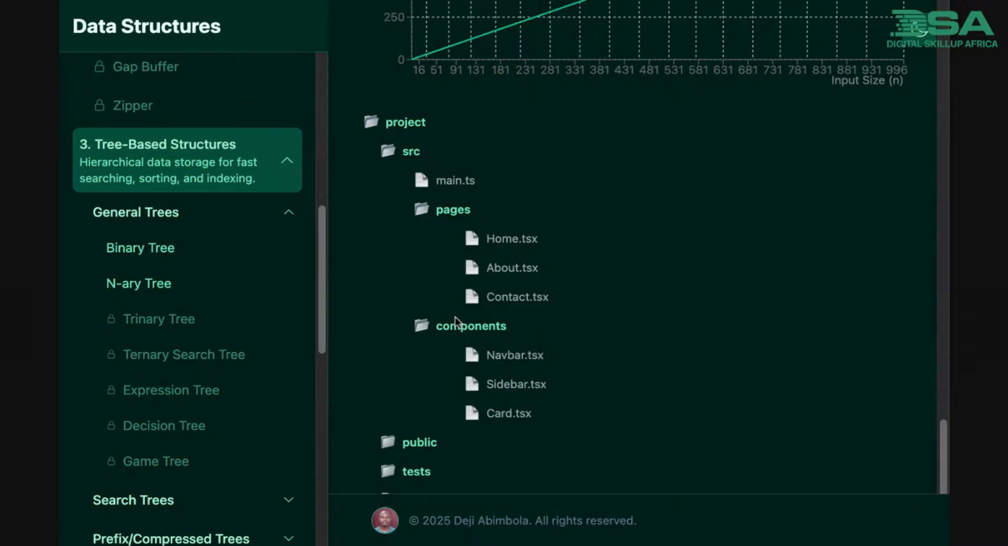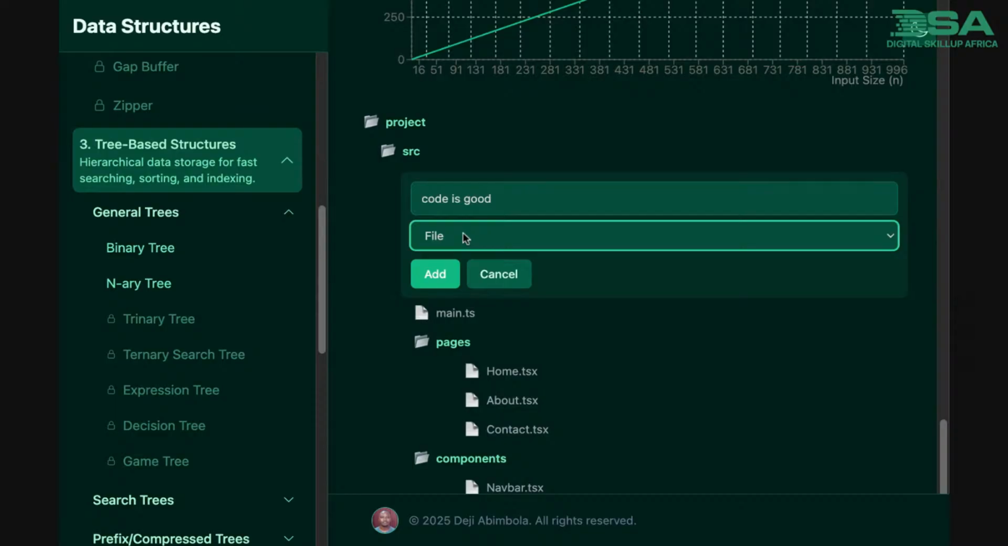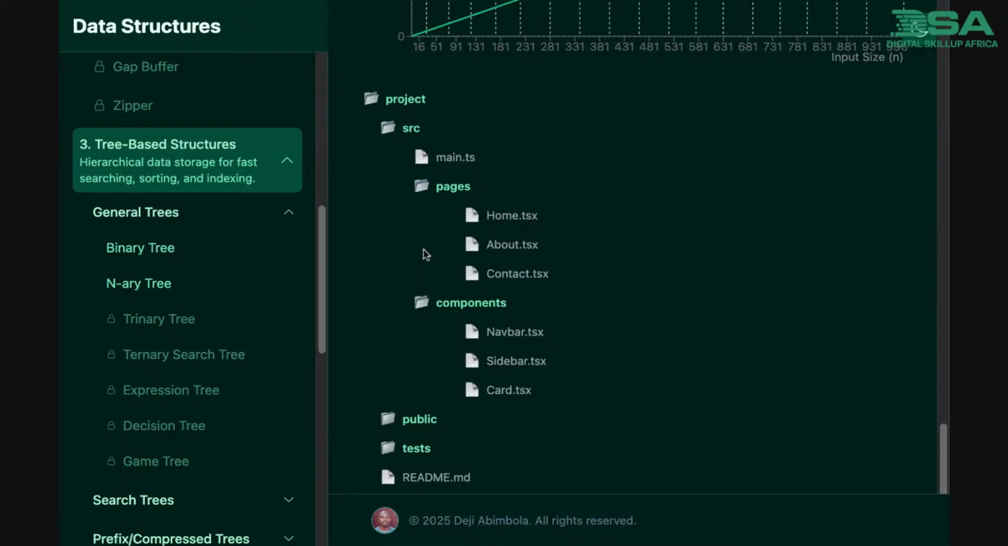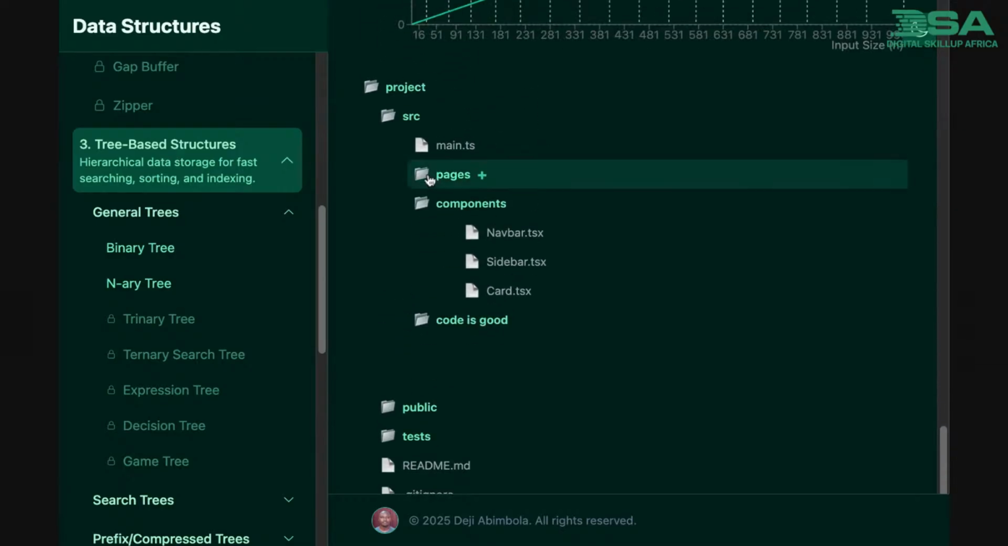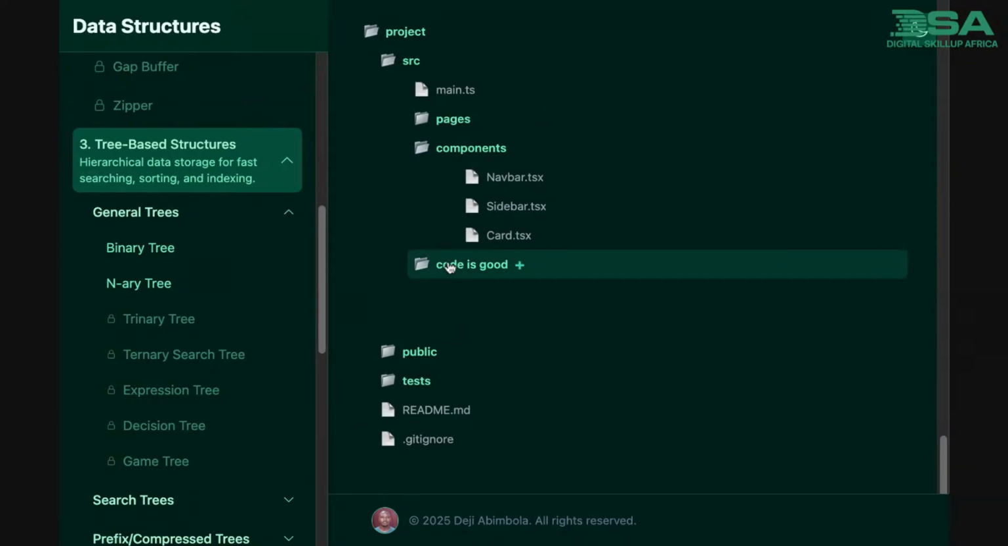Here you can even add new nodes. So let's say we add code is good as a folder. So here, code is good becomes a node, and inside this you can keep adding stuff. You can add another folder, and so on and so forth, and so on and so forth, as much as you want, right? So I added hi as a